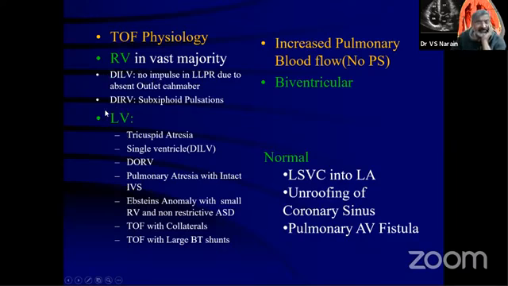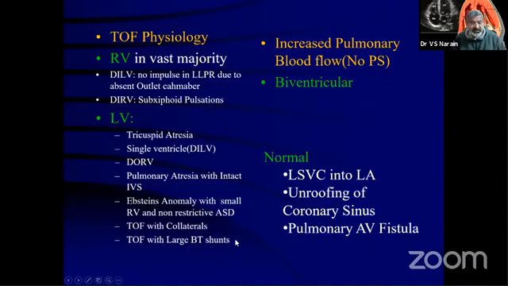And if you have a left ventricle, then these are the situations where you can have a left ventricle. The most important being tricuspid atresia, single ventricle of the double inlet type, double outlet right ventricle, where you have sometimes a diminutive or a restrictive ventricular septal defect where the LV becomes dominant. Then pulmonary atresia with intact septum, once again, lots of blood flowing into the left side. Ebstein's anomaly sometimes can have a left ventricular dominance, and tetralogy with a lot of collaterals filling the left ventricle can also give rise to an LV.